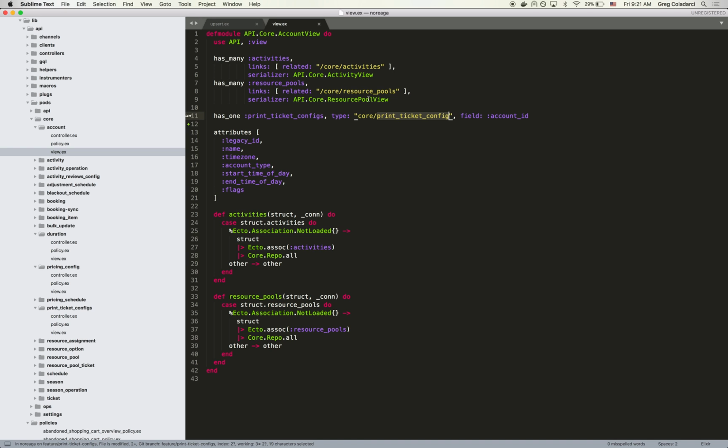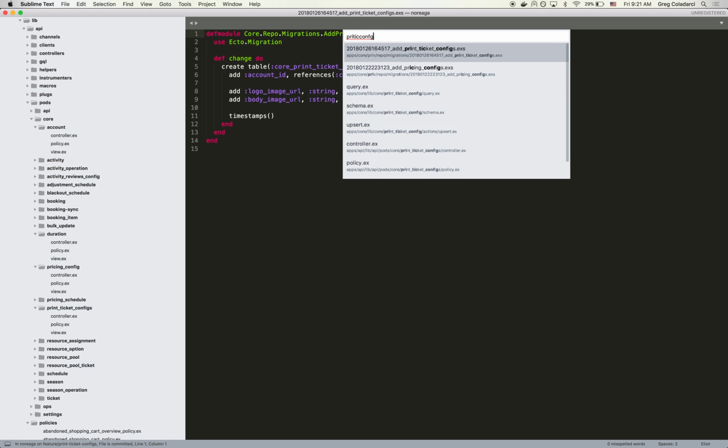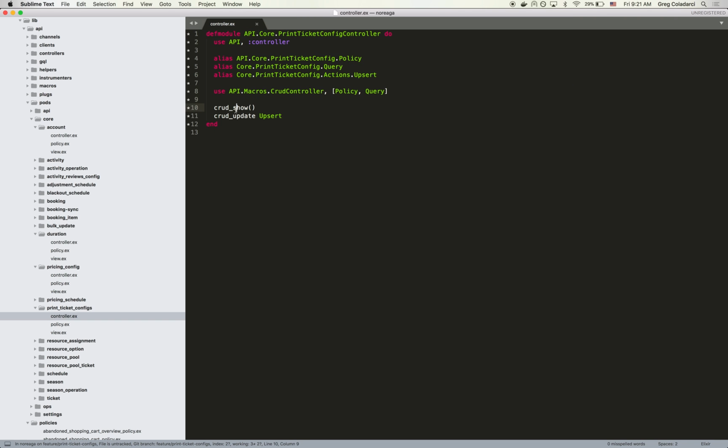It'll ask for it by ID with this field. So it'll just say, give me print ticket config ID foo. And the only thing we didn't figure out how to do is how to find or create that model when you give it a new ID. And that's something we can talk through separately. The high-level view of it is the print ticket config controller just has a show. The way the CRUD controller works